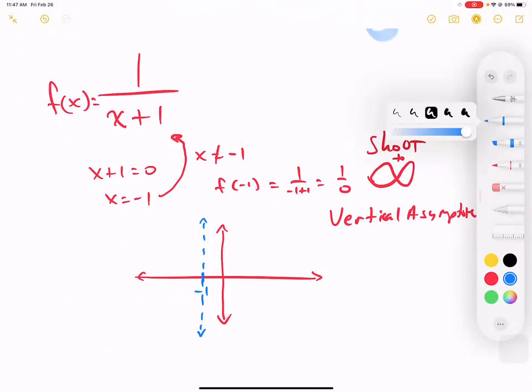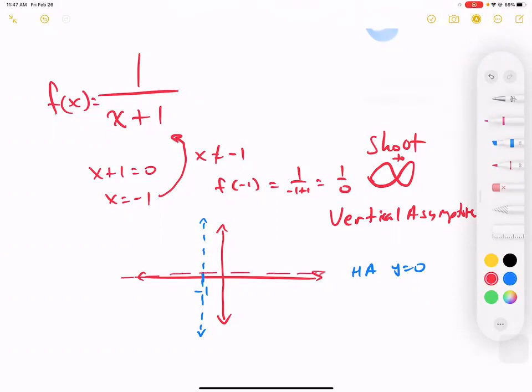I'm going to tell you right now the horizontal asymptote for this graph, HA, horizontal asymptote, is going to be y is equal to 0. I'm going to tell you that right now. We'll figure out more about that later, and I'll teach you guys how to do that. It's actually very simple to figure it out. So I'm going to draw another dashed line here